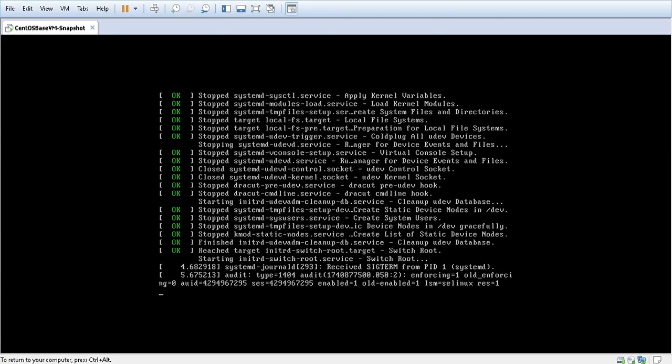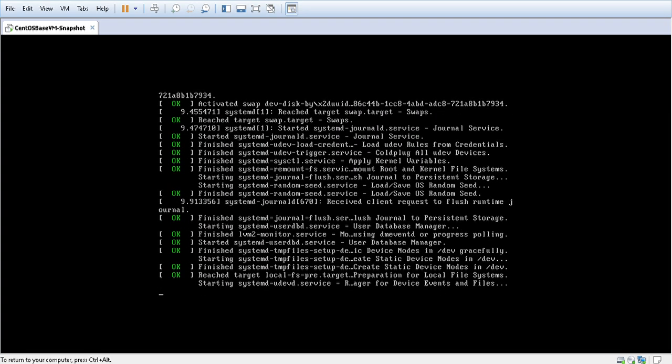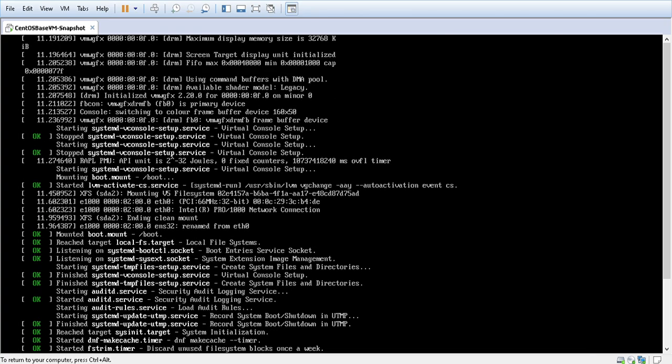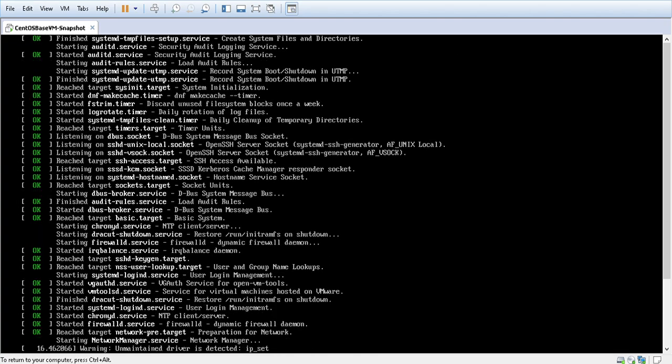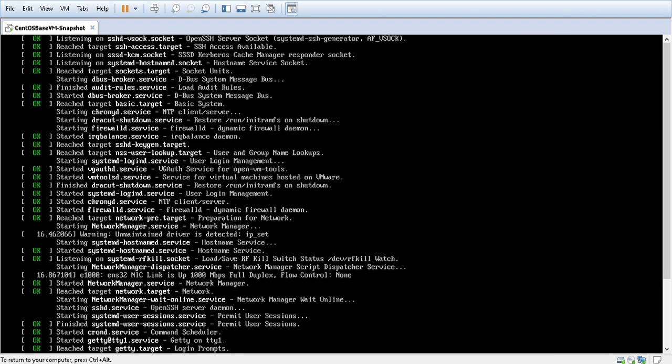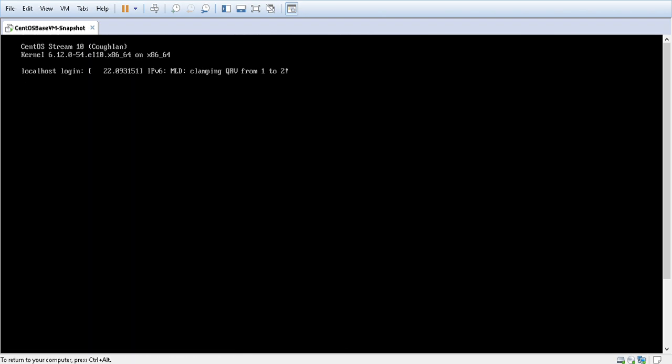net IPv6 MLD QRV 1 that repeats itself on the first reboot. I have observed the message appearing on both CentOS Stream 10 and CentOS Stream 9 as well. So this is the message I was referring to, and the immediate action I would like to take is just to enter the